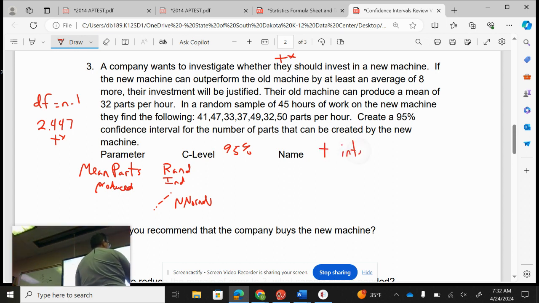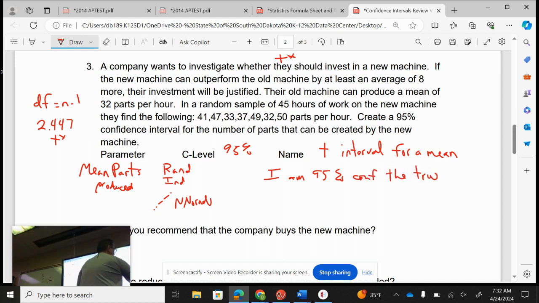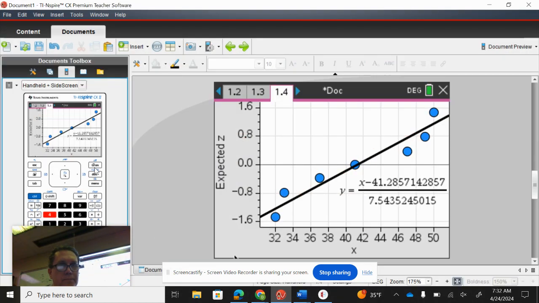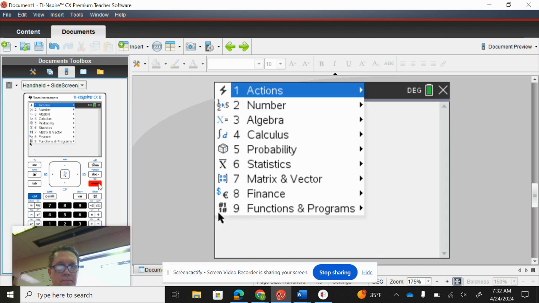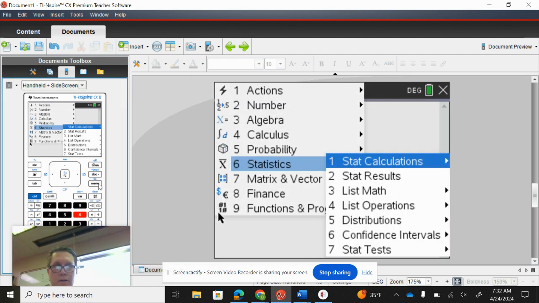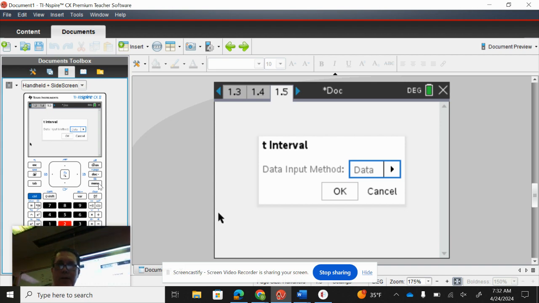It's a T interval. If you say T interval, that's fine. Technically, T interval for a mean. Okay, so I am 95% confident the true mean parts is between 662. We have